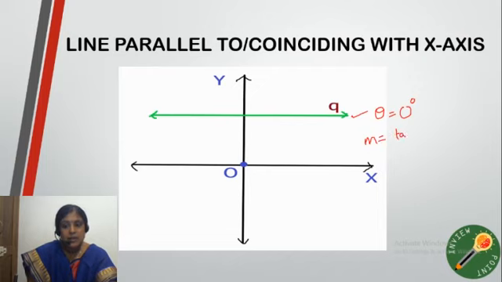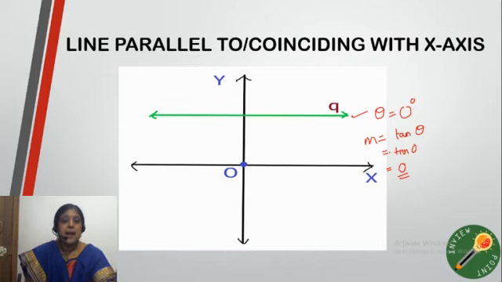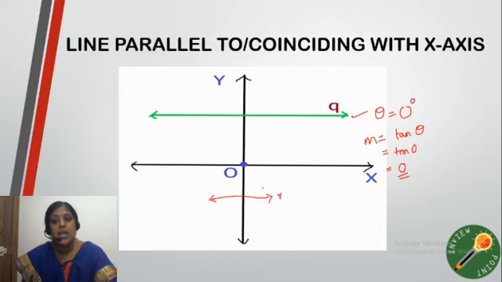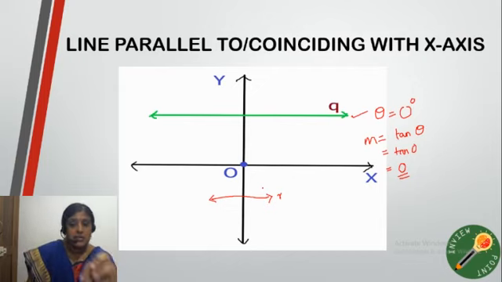So what is the equation for slope? m is equal to tan theta, right? So we can say that m is equal to tan 0. Substitute the value for theta. Theta is equal to 0. So you'll get m is equal to tan 0. What is tan 0? What is the value? It is 0. So you can say that for any line parallel to the x-axis, suppose here there is a line R, which is parallel to the x-axis, then the angle of inclination is 0 degrees and the slope of the line is tan theta.